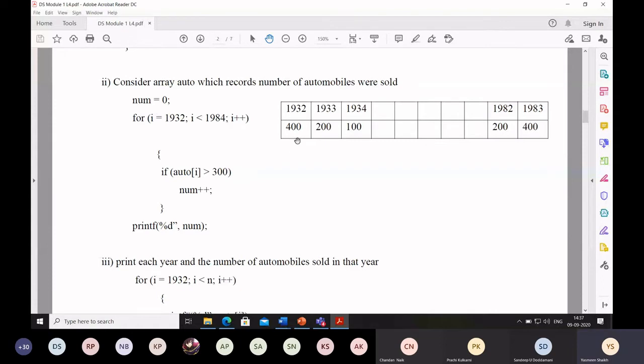So traversing means what? Moving to a particular location and again moving to the next location and so on. Traversing, another name is visiting. Visiting the first element in the array, then visiting the second element, then the third element and the fourth element and so on. In this way, when each element in the array is accessed, that is called traversing.